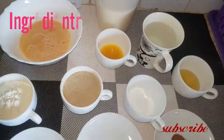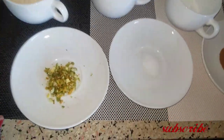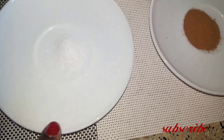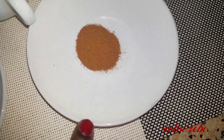These are the ingredients we are going to use to make our mandazi. We are going to use a tablespoon of lemon zest, half a teaspoon of salt, 1 teaspoon of cinnamon,